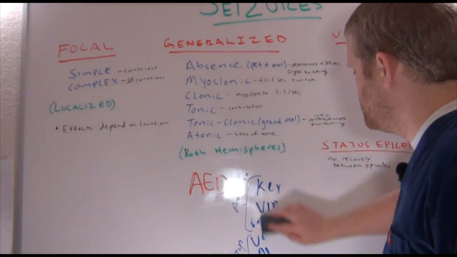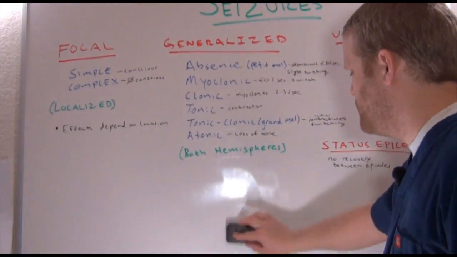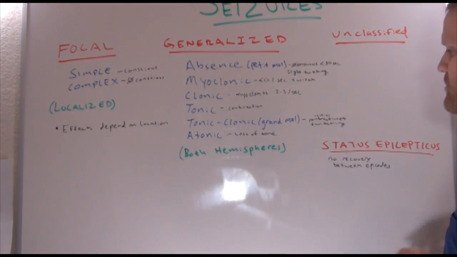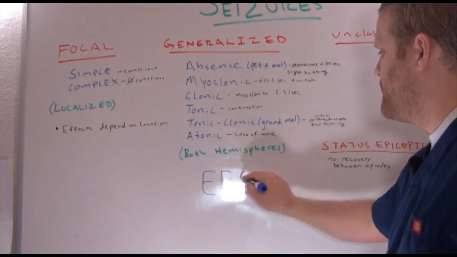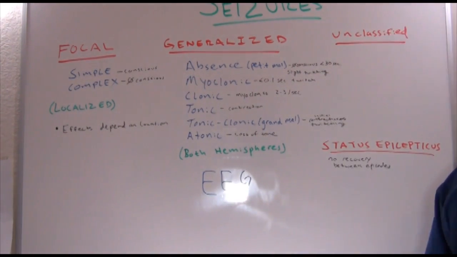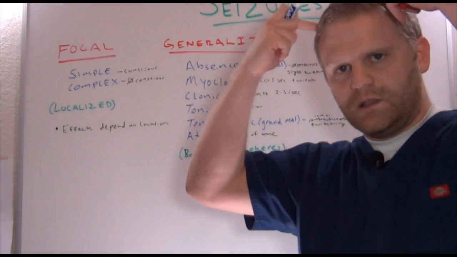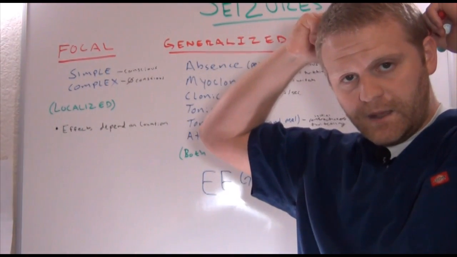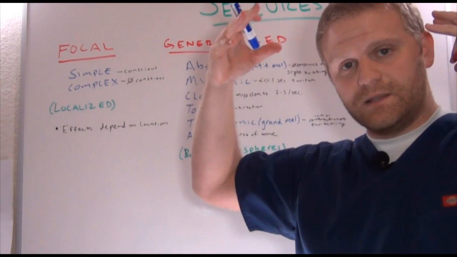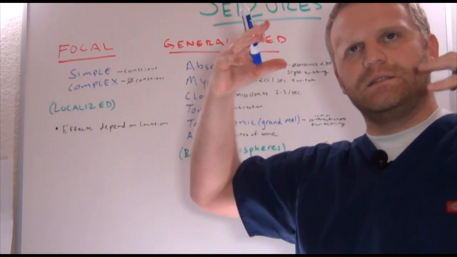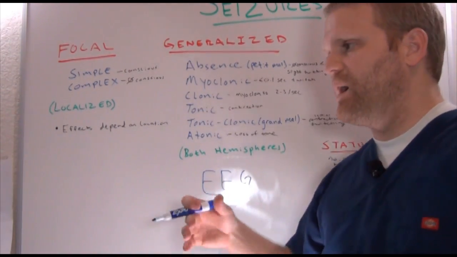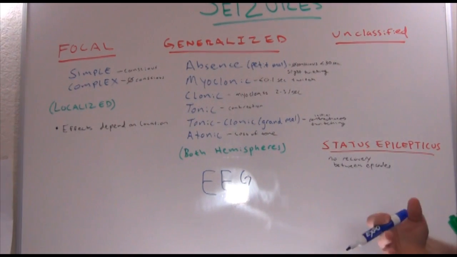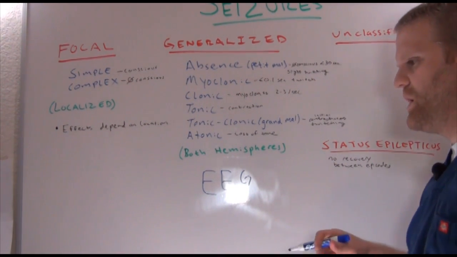Let's talk about some of the ways we diagnose seizure. First of all, we would possibly see it, but then a neurologist may order an EEG, and that actually looks at the brain waves. You put a bunch of little electrodes all over the head, and it allows them to diagnose that yes, the patient's actually having a seizure and where. So it detects where, and detects any abnormalities in the brain waves.